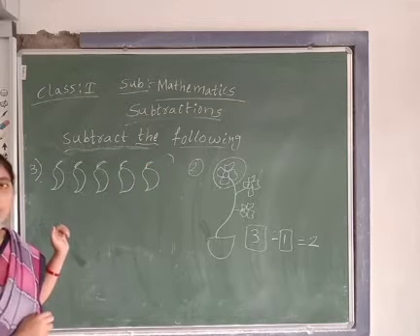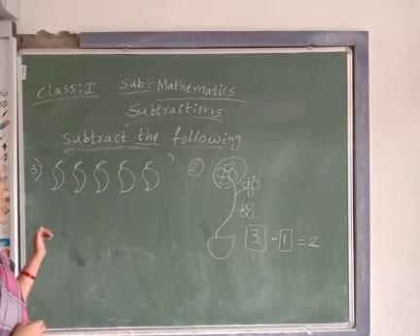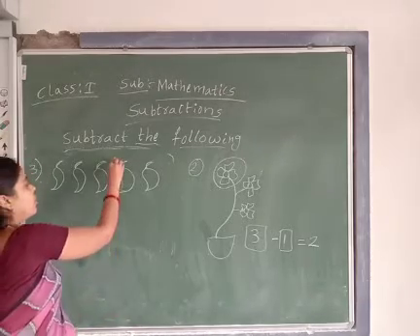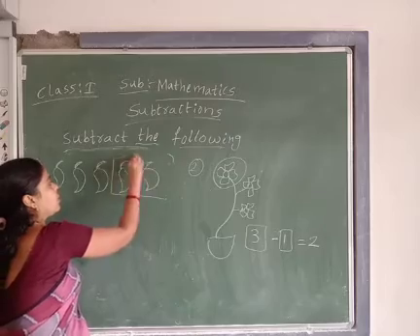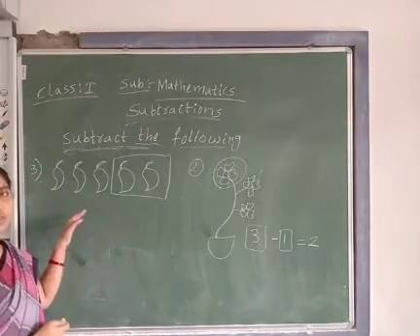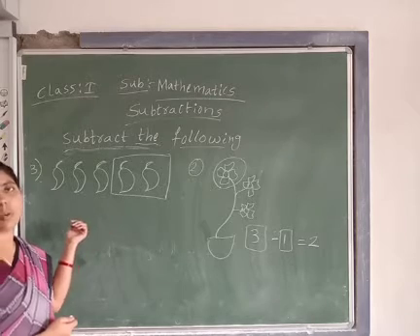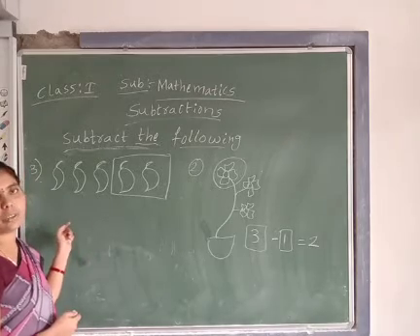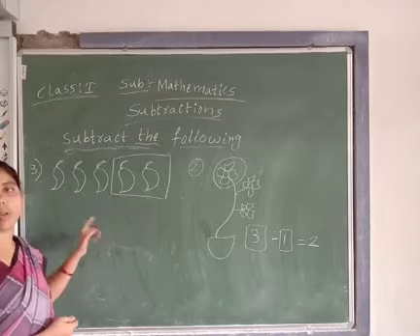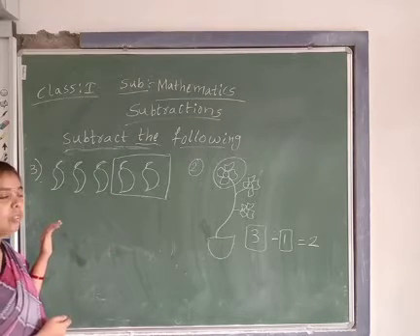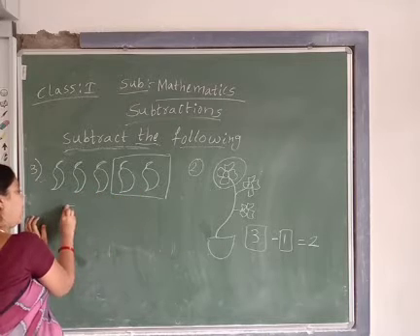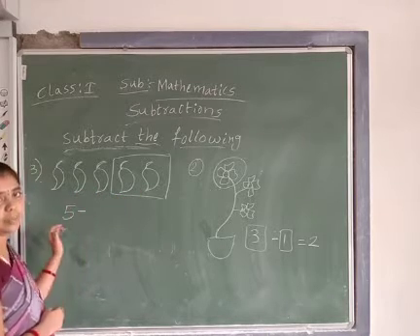You have 5 mango fruits. Do you like mango fruit, children? Suppose you have 5 mango fruits. Your brother is taking 2 mangoes. So how many are remaining for you? So total how many mangoes do you have first of all? 1, 2, 3, 4, 5. So total 5 mangoes only.